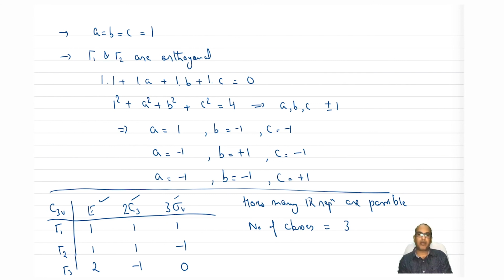So in the next class, we will see how to go from reducible representation to irreducible representation. So far what we have done is we have used the great orthogonality theorem to identify how to write irreducible representations alone. Now we will go from reducible representation to irreducible representation, which is also important. So we'll discuss that in the next class.